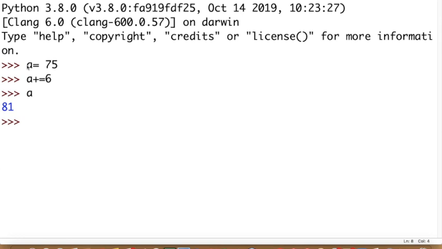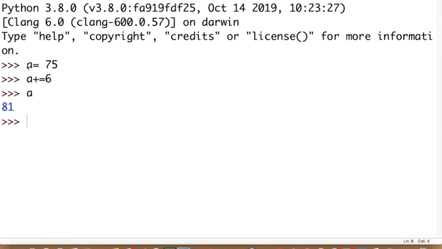The A plus 6 is evaluated, which is 75 plus 6 equal to 81, and then this 81 is associated with A. So now A is associated with a new data value 81, de-associating itself from the earlier value 75. But one thing to remember is that the data value 75 is not removed from the memory,